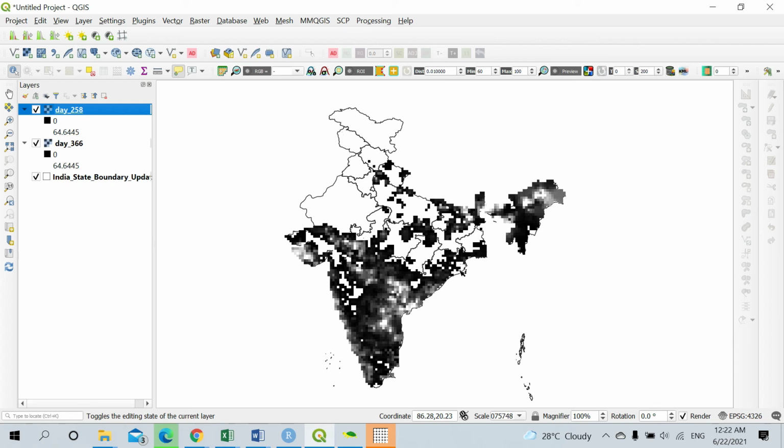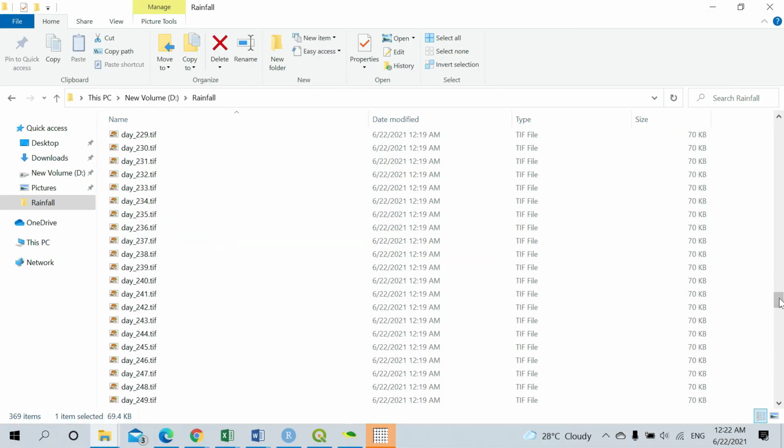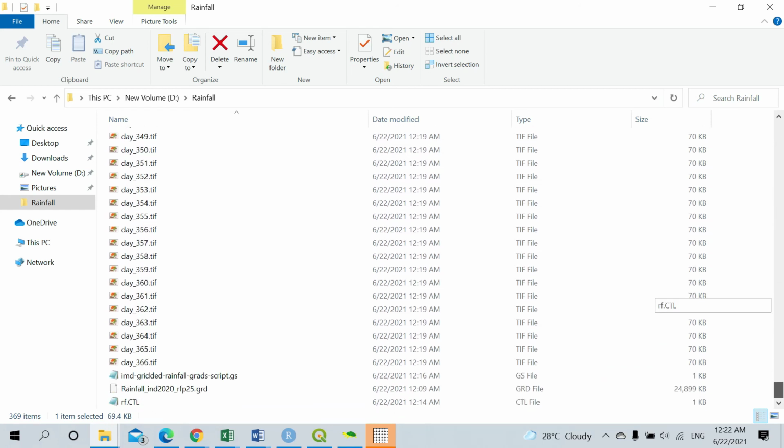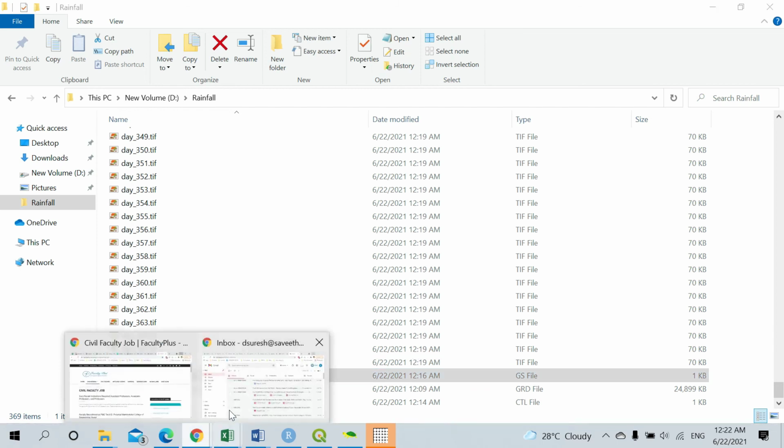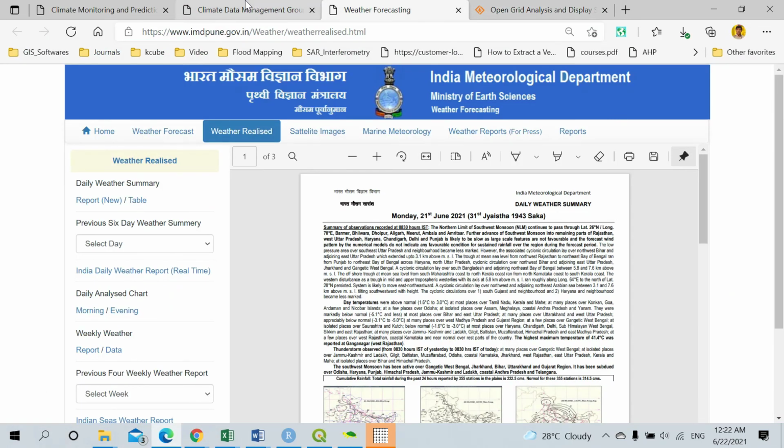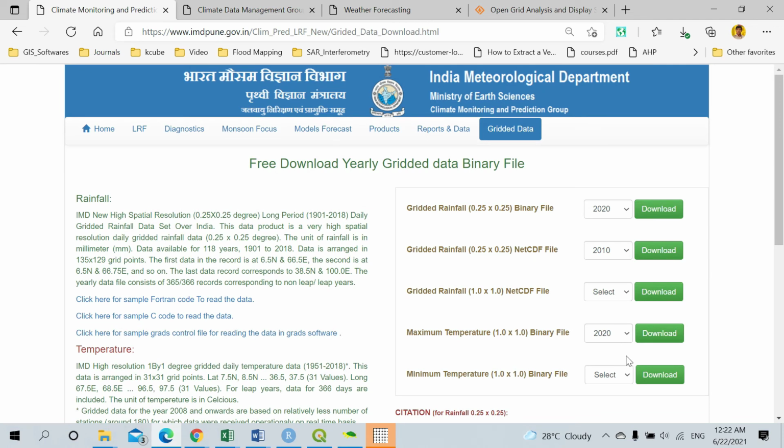So now we have our data set which we can use for any sort of analysis. We have our data starting from day one, that is Jan 1st, to December 31st. This code will work for whatever data sets you download. It does not only require this particular rainfall data. You can download whatever rainfall data it is from this particular platform, and you can use it for your analysis. You can download all these data sets.